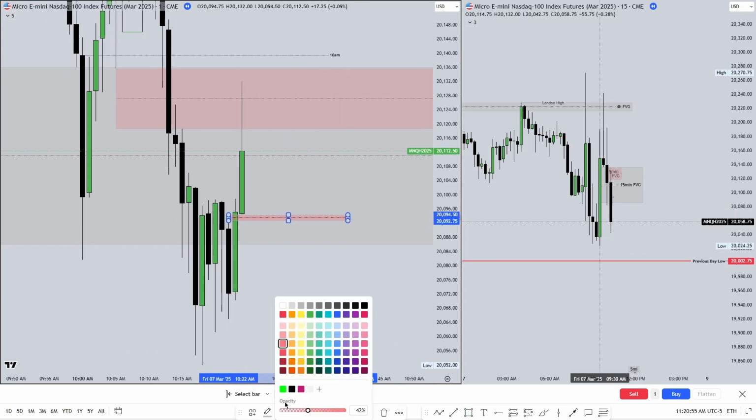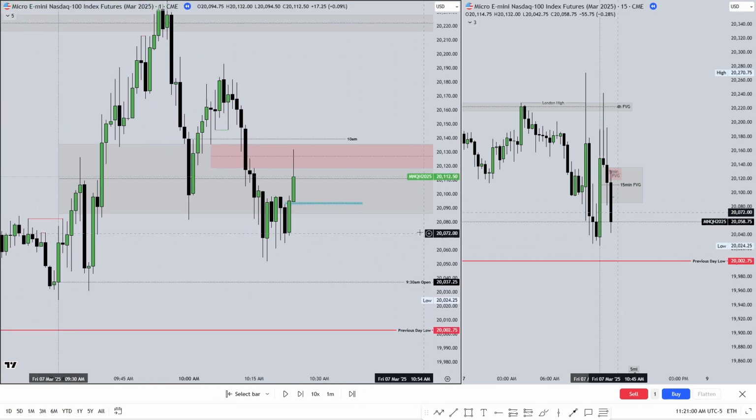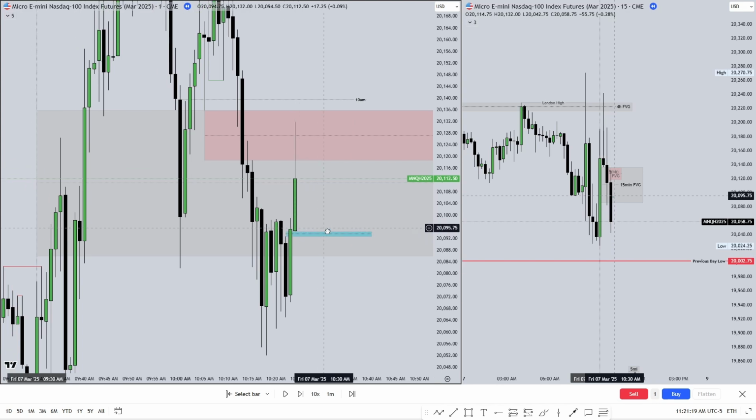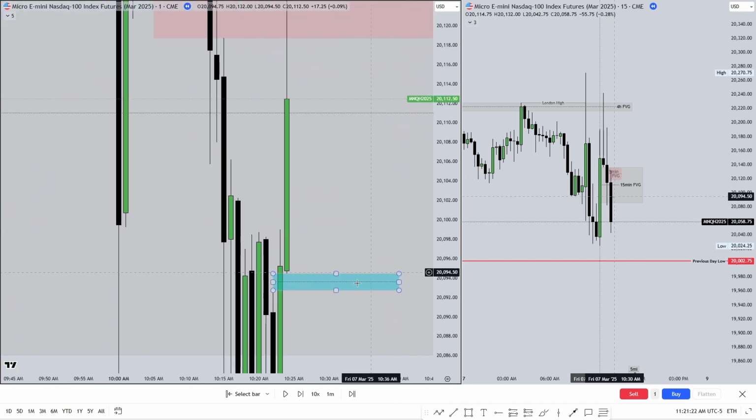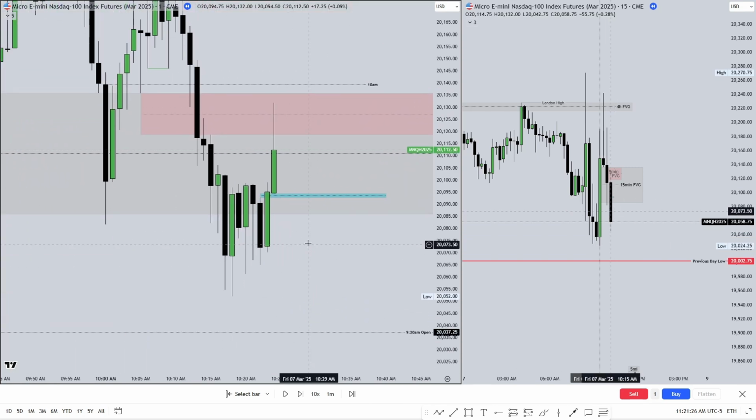And what I need to see at this point is price show me signs of shifting order flow to the downside. Where do I get that confirmation? Is bullish PD arrays getting disrespected. Now, another thing that I like about this right here is there is very little wick on this 1 minute candle, right? So that tells me that there was not a lot of manipulation to the downside right here.